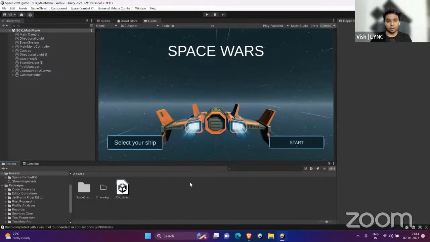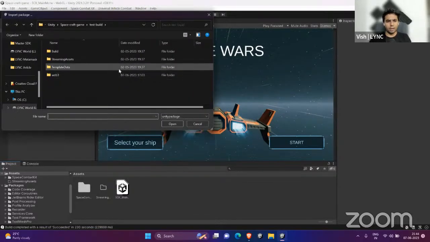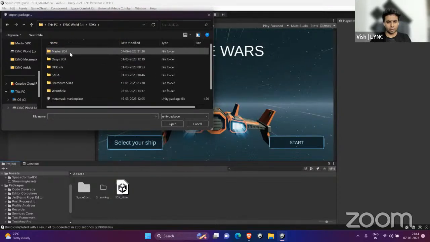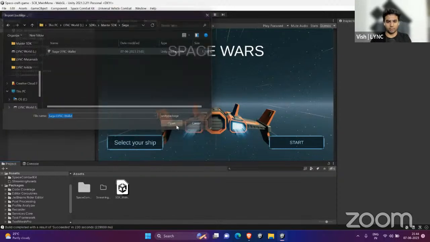So in front of me, there is a Unity editor. You may be familiar if you are a game developer, right? And this is a completely Web2 game. No Web3 element has been added into it. And I can just click on assets, click on import package, custom package. The best part is you can download the SDKs from our GitHub, and you can just click like this and install it, import it.